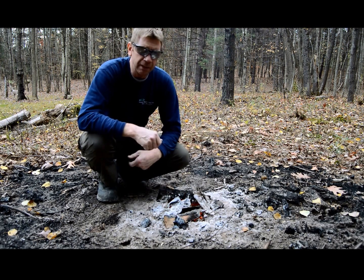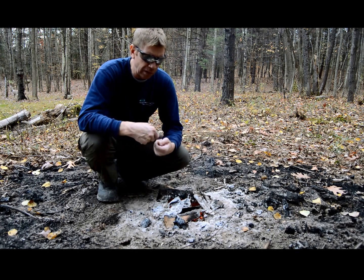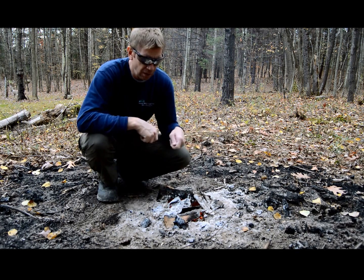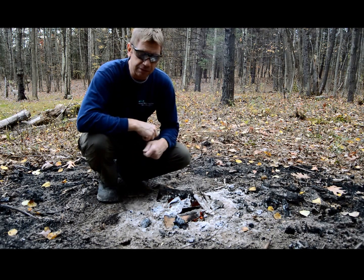We also showed you how to make a Scottish bread called bannock. We called it bannock on a stick. We took that bread dough that we made and we wrapped it around a stick pretty thick, and we actually were able to cook that bread over the fire just by using that stick and holding it over the fire